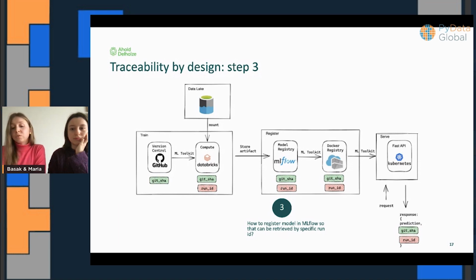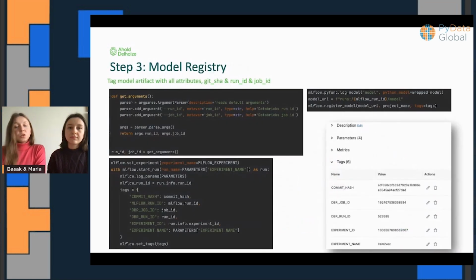Run ID is pretty much unique, so Git SHA is not that important then, but it is important for traceability, so that we know what code exactly, we don't have to look it up, but it is sufficient to retrieve it just by run ID. As I mentioned, run ID and job ID are now available as Python parameters for your Python tasks, so they can be retrieved using an argument parser. So basically, run ID and job ID are now available inside the Python script.